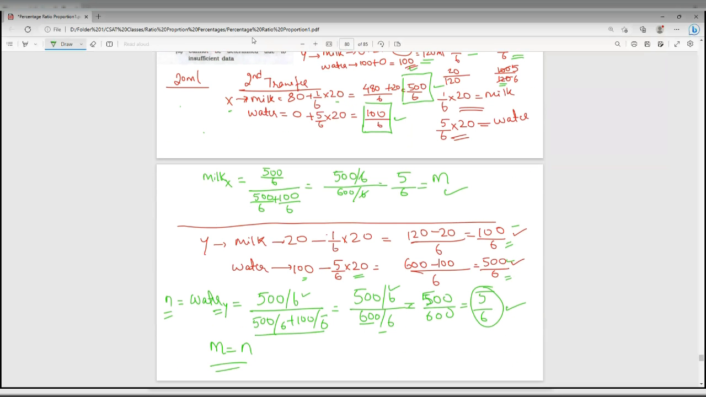How much milk is there here? 500/6. And below, the total is 500/6 plus 100/6, where 100/6 is water. So total is 600/6, of which 500/6 is milk, so 5/6 is M. The ratio, the proportion, would be 5/6. I hope you understood. If you have any doubt, ask. I hope I have explained